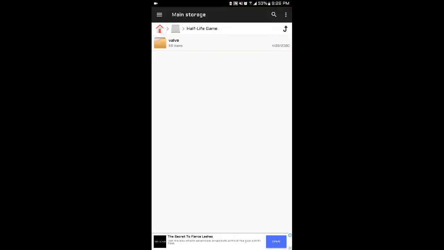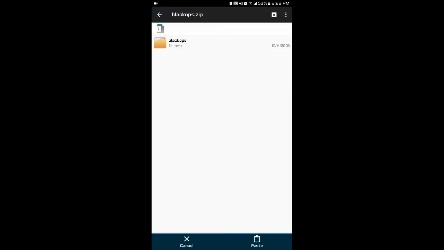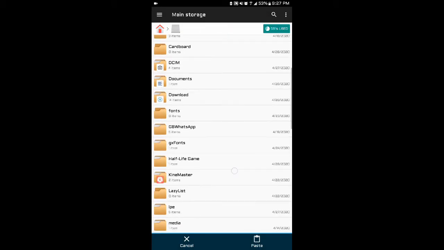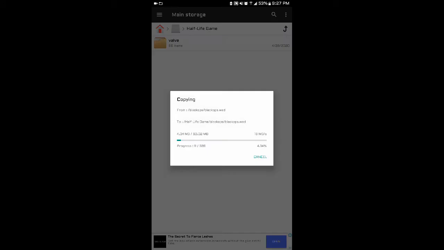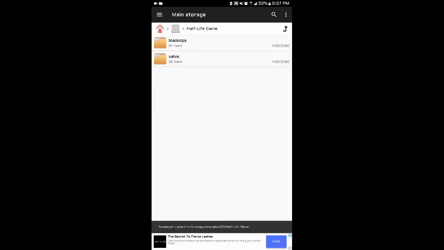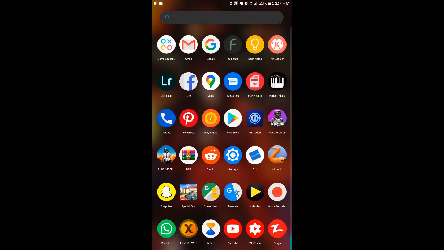Let me show you where it is. Okay, here is my file, blackops.zip. Now let's extract it. You have to copy this file and paste it near the wall folder. Let's go here. So here you have to extract it near the wall folder. After you have copied these two things, the first thing you are going to do is